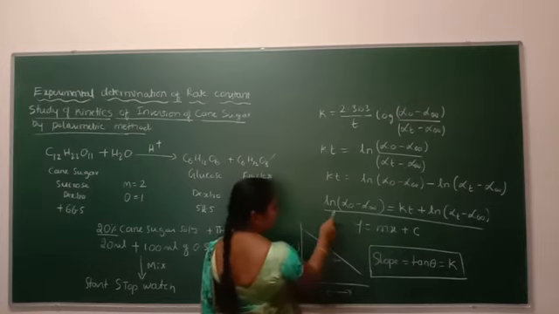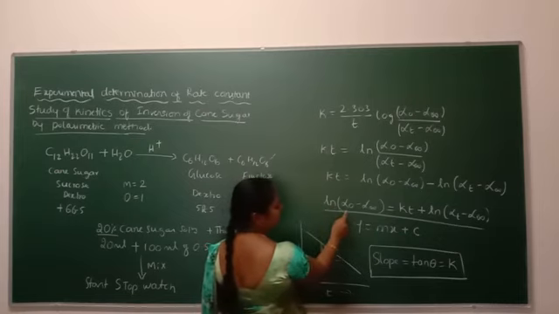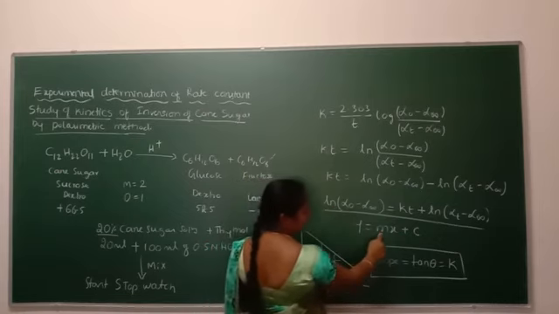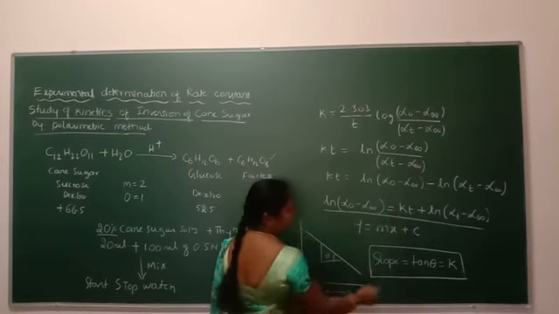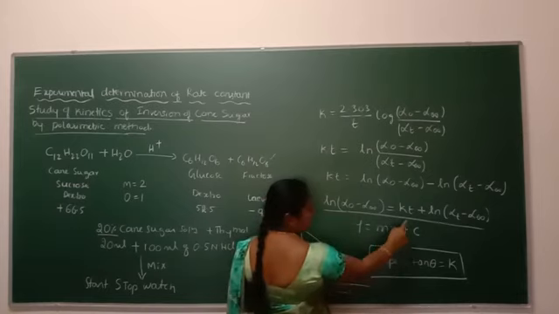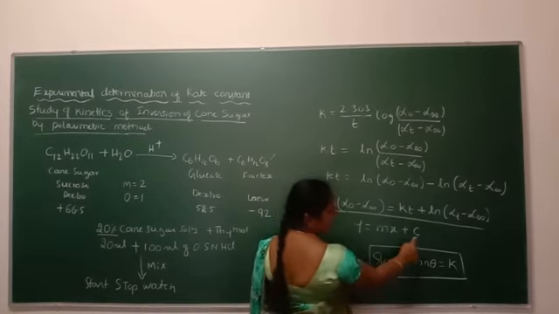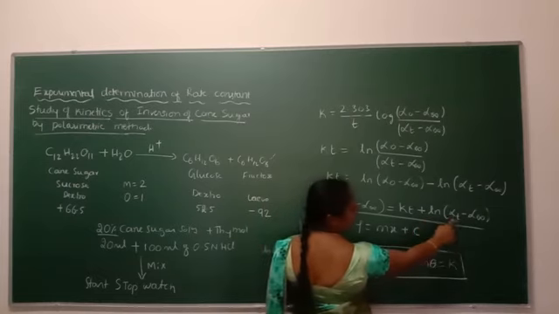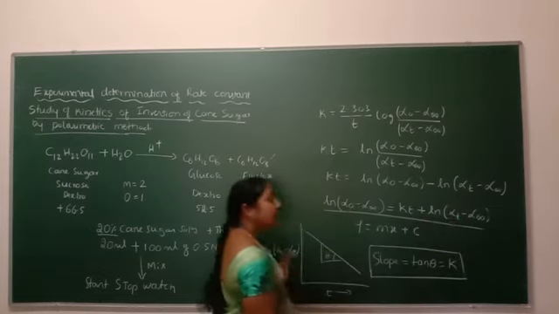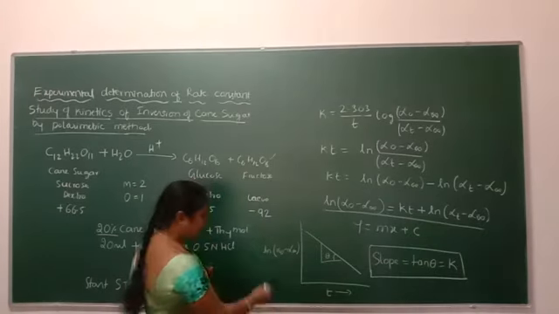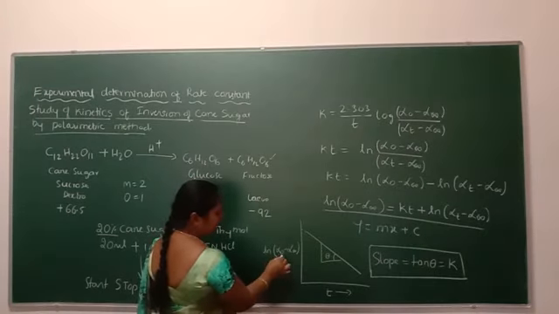So in place of y, there is ln alpha naught minus alpha t, and m is nothing but the slope. The slope of that line gives the value of the rate constant, and for x we have to take t towards the x-axis, and the intercept along the y-axis gives the value of ln alpha t minus alpha infinity. Now we will plot a graph of ln alpha naught minus alpha t